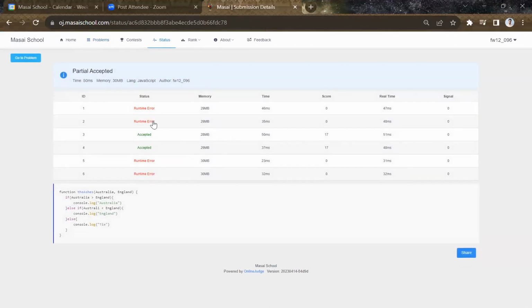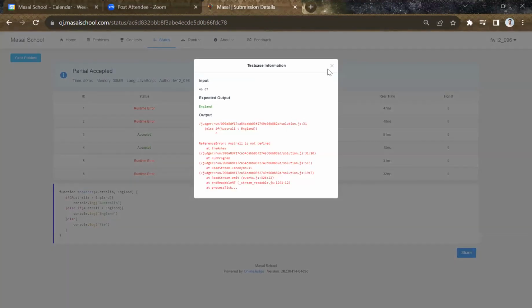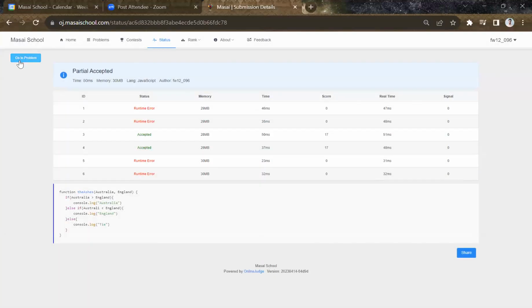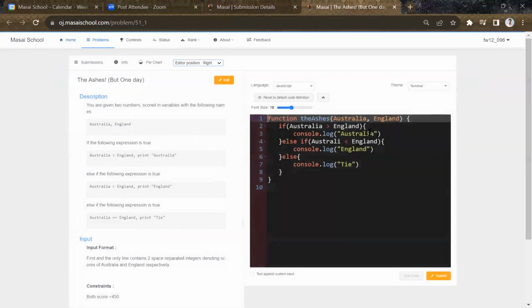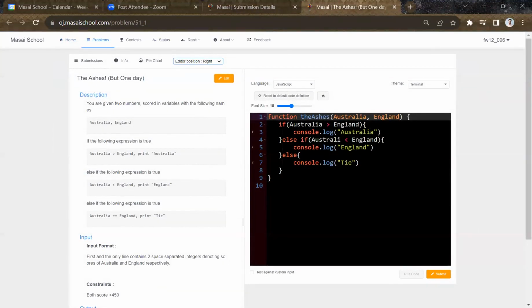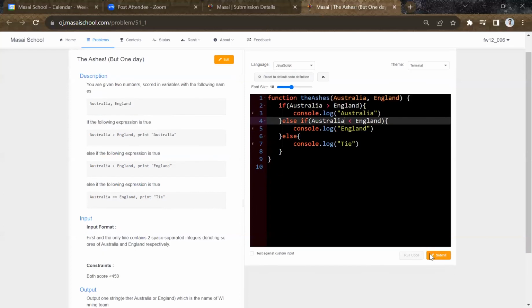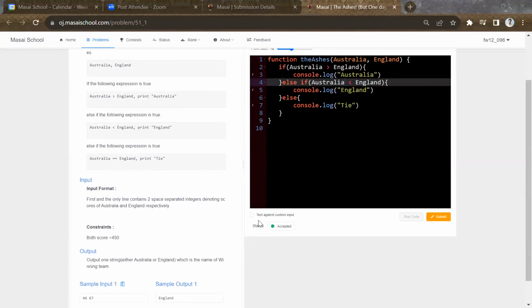ठीक है, वो रन टाइम एरर, ओ वाह। ऑस्ट्रेलिया, ओके वी हैव डिफाइंड द वेरिएबल, कहीं पे वेरिएबल गलत लिखा है गाइस, ये रहा। ठीक, लेट मी सबमिट इट। अभी एक्सेप्टेड, ठीक। ना ना दैट्स फाइन।